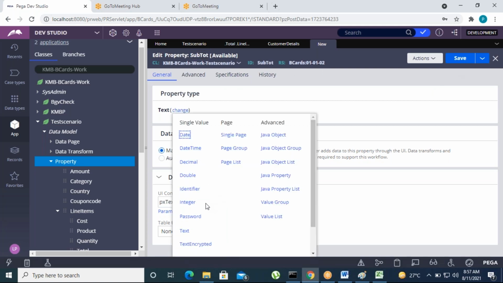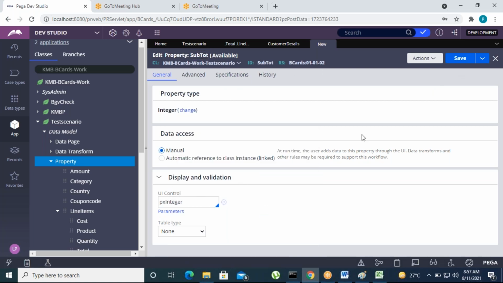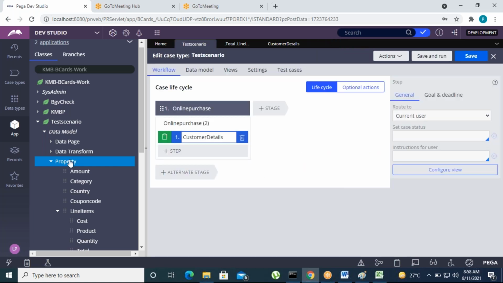This is integer, suppose. Okay, integer, and click on save. Fine. So what I'm going to do, I'm going to create one more declarative expression.